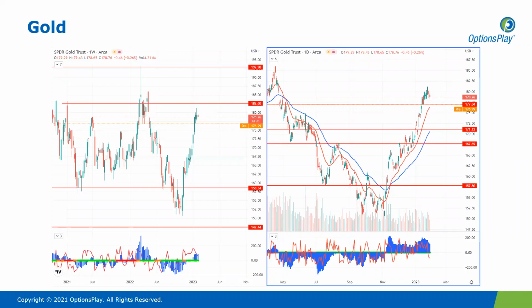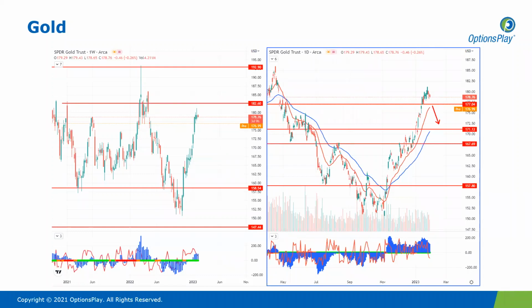I'll be looking for bullish price action around this area, or hopefully we get a steeper pullback to a more obvious key area of support, preferably 171. But after a very long time of outperformance and being in an overbought condition, we are seeing gold consolidate a bit and slightly pull back, and that provides good bullish entry points. Again, credit spreads would be ideal because gold is elevated. I expect it to stay elevated, but the closer it approaches 182, the more I think, okay, how much